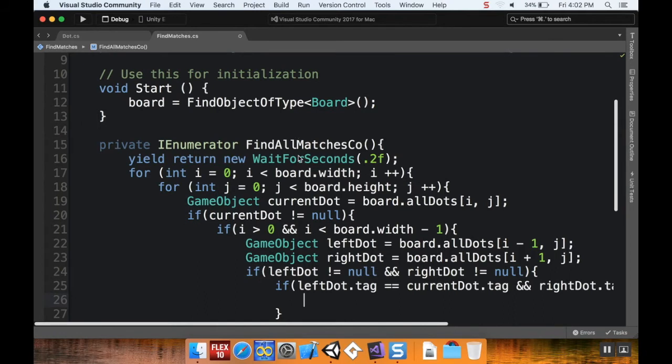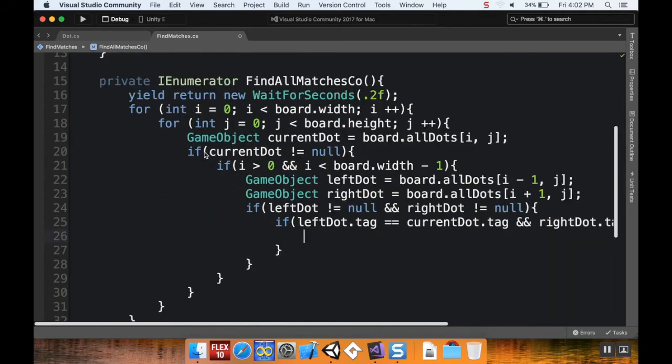So we've got quite a few nested if statements here. First, we want to make sure that the dot that we're currently looking at exists. Then we're going to check to see where its position on the board is, meaning if i is greater than 0 and less than board width minus 1, meaning the second column to the second to last column. Then we're creating two game objects, and we're checking to see if those exist. And then if they exist, then we're going to check their tags. And if their tags are equal to ours, and all of these if conditions are met, then what we want to do